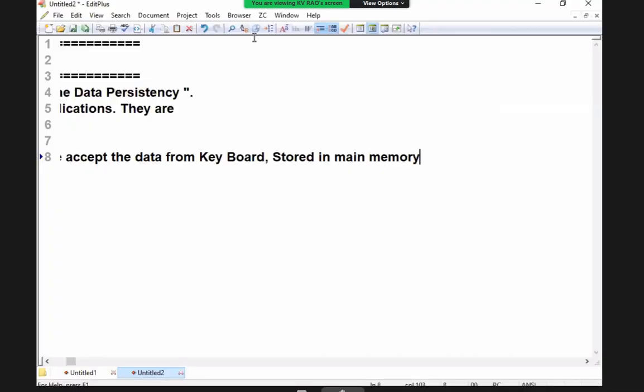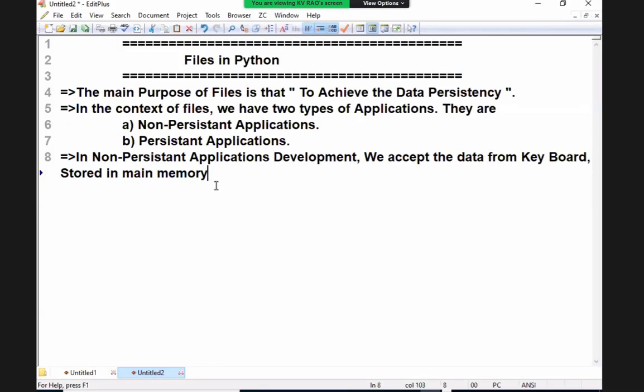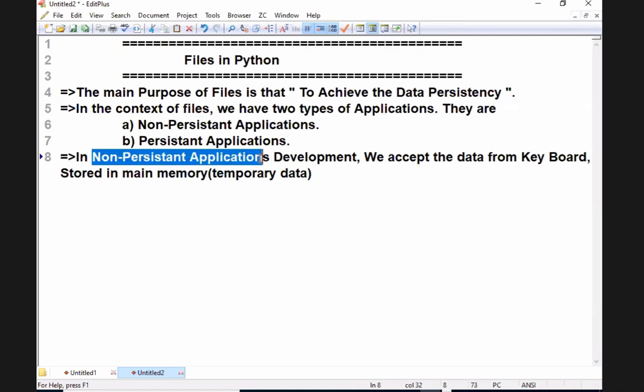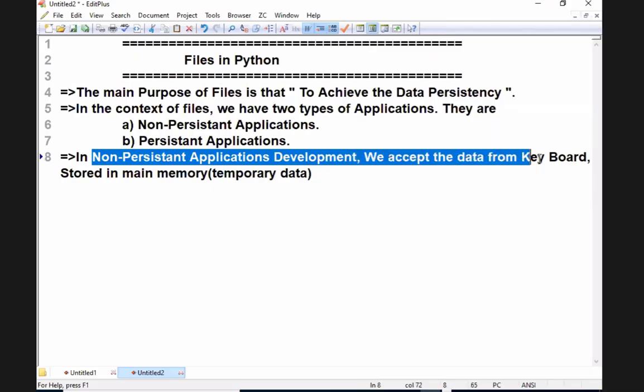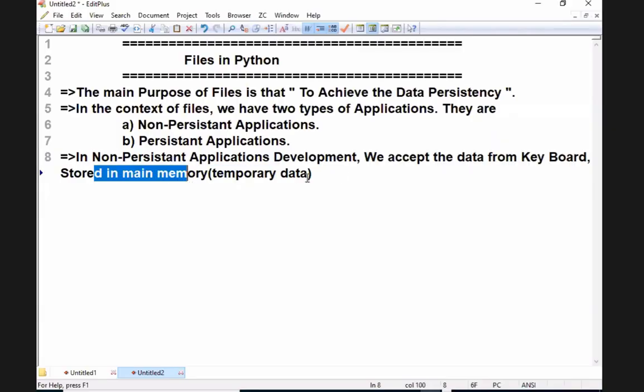It is temporary data. I hope you know this general knowledge: main memory is temporary memory. So in non-persistent application development, we accept the data from the keyboard, store it in main memory, process it, and